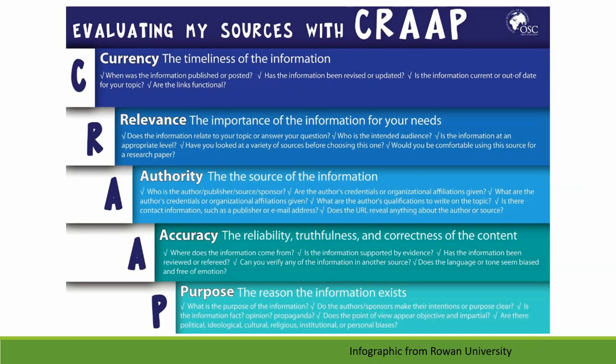Using the CRAP method to evaluate your sources can help you pick better materials. The C stands for currency. Is it timely and up to date? And that can be more important in some fields than others. The R is for relevance. Is it related to your topic and is it written on an appropriate level? For example, climate change articles have been written for children, but if that's your topic, those articles would not be